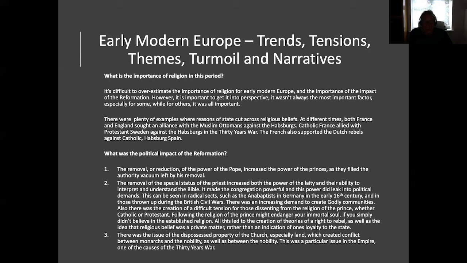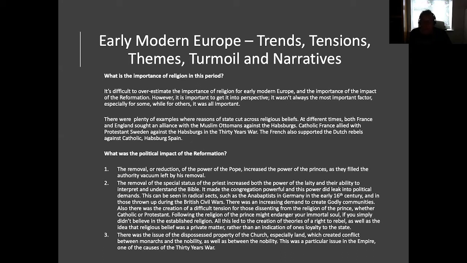But lower down, the removal of the special status of the priests increased both the power of the laity and their ability to interpret and understand the Bible. So it empowered people lower down the system. It made the congregation powerful because the laity could read the Bible. So the priests were no longer special and the congregation chose their own ministers. Very often, certainly in early Protestantism, the Protestant church became prey to a series of incredibly charismatic, often not particularly pleasant